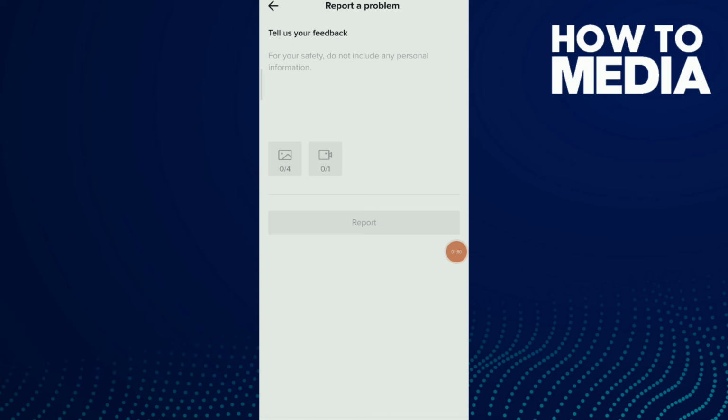Now click on the picture icon and choose the screenshot you took and tell the TikTok team your problem, like my draft is gone and the number of drafts, anything you want, and click on Report. It's gonna take almost